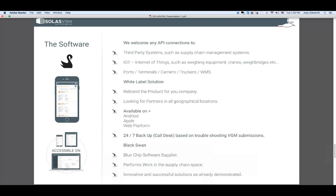So it's about technology. The only way that we see this technology working is through the collaboration of the ecosystem. And the more we've gone into detail of what we've actually got to offer, it's quite evident that the mobile application is very well thought of in the market for solving situations where offices aren't open during business hours to supply VGMs, to no VGM, no load ports, or provide VGMs to ports where you have the information, but if you gate in, you will get charged. So a gate in and weigh charge scenario, we have that information. Why not provide it in a timely manner to the port and reduce costs